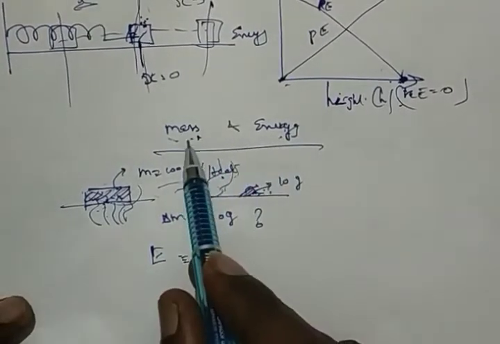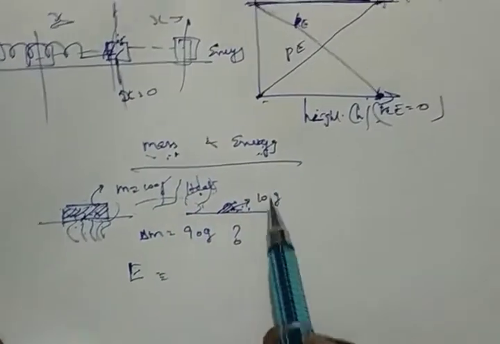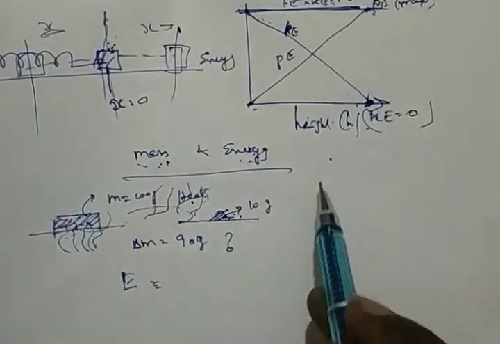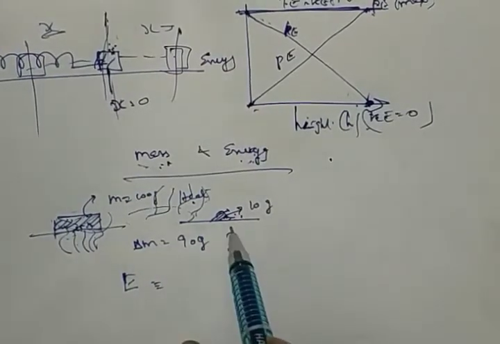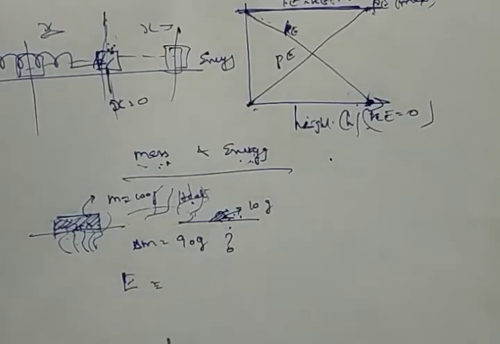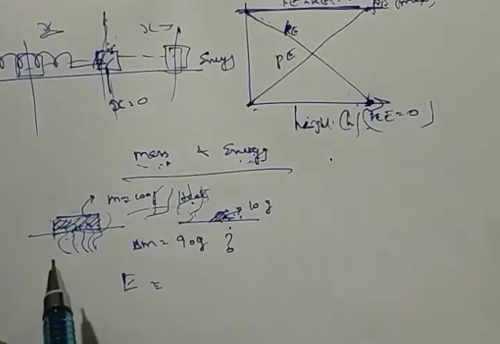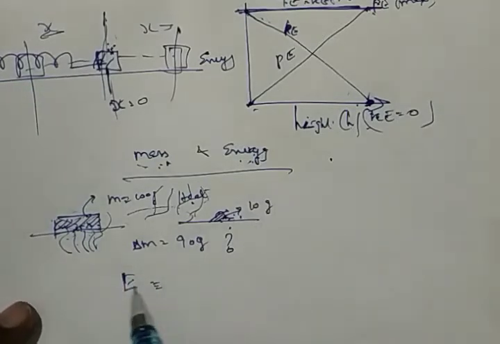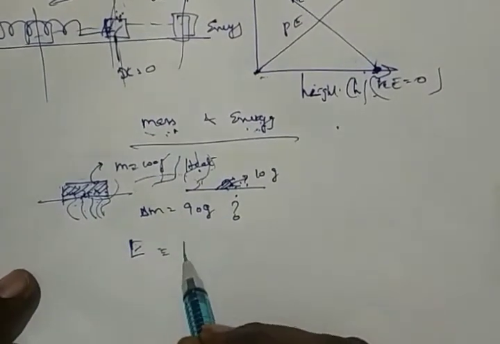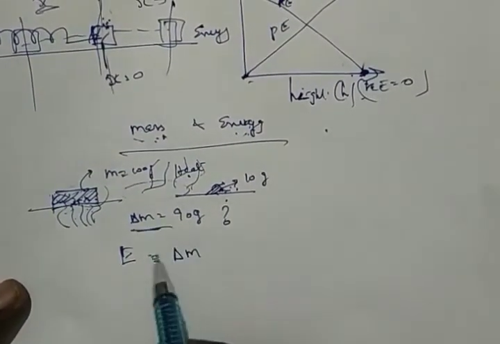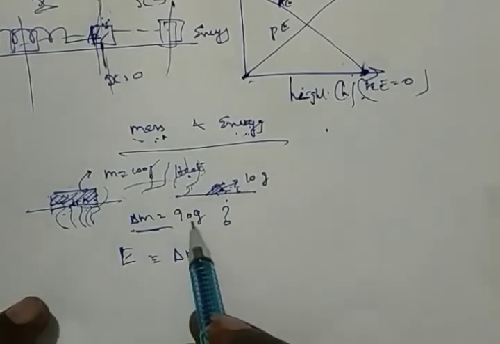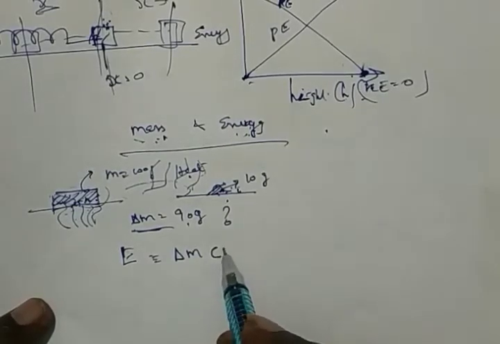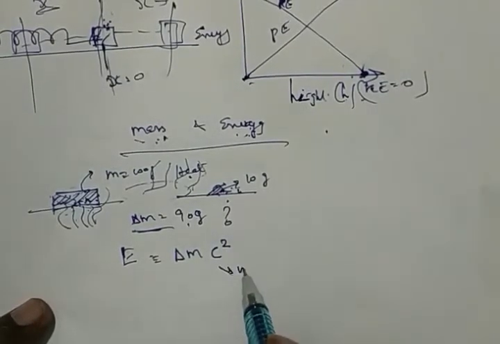So mass and energy means mass can be converted to energy also. Don't think only energy can be converted to energy. So now they are putting another part of it. A wood can be reduced into small pieces. The mass is now converted to energy. Petrol, mass is there. It is just now fueled. Finally you don't get anything. Finally everything is now burnt. The mass is converted to energy. So energy can be calculated like delta M, the change in mass, the mass which is now hidden, just gone away, vanished, is 90 grams, into velocity of light the whole square. C is the velocity of light.